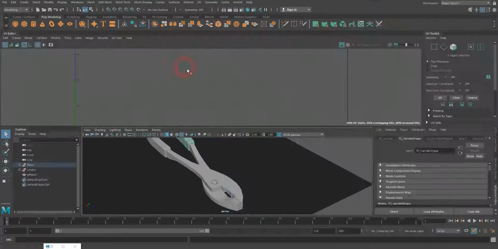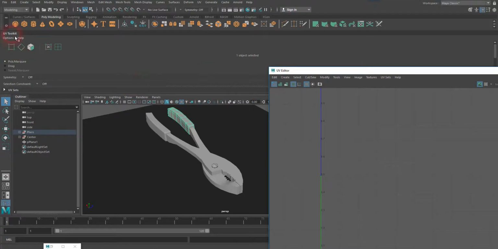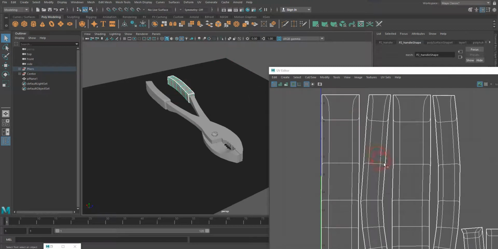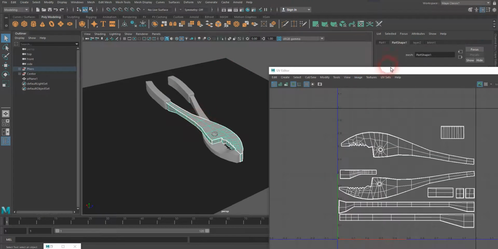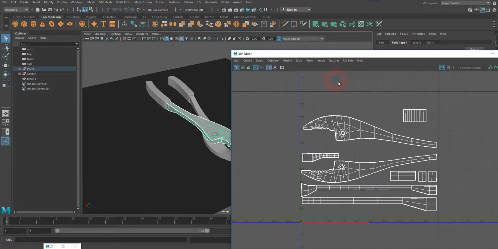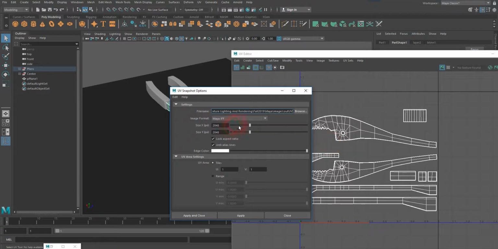I want to simply create a texture for it. There are the parts separated, and I'm going to export out the UV snapshot from the UV editor, and I'm going to make them